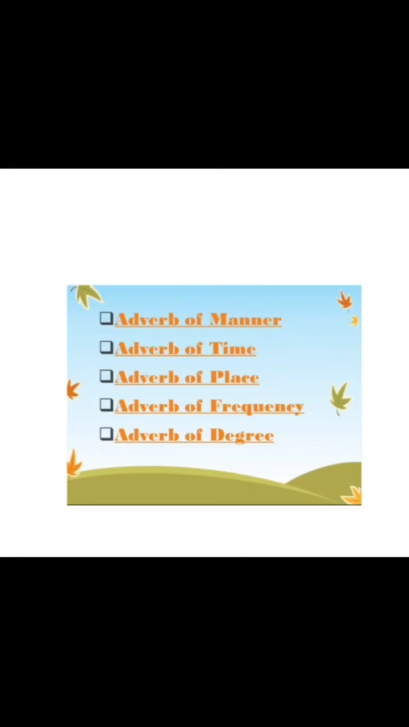So there are many kinds of adverb, but the five basic kinds are: adverb of manner, which tells us how; adverb of time, which tells us when; adverb of place, which tells us where; and adverb of frequency, which tells us how often. How often means daily, always, sometimes, usually, regularly, seldom. So this is frequency. And adverb of degree,